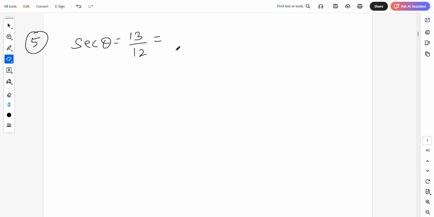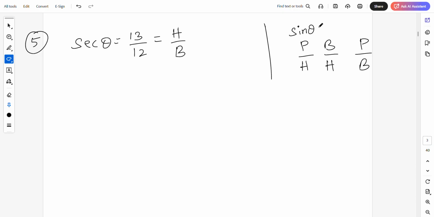What is cos? Cos theta is nothing but base by hypotenuse. Therefore, this will be hypotenuse by base. Please kindly remember this one. I will write here once again for you. Perpendicular, base, hypotenuse: P, B, H. This is sin theta, this is cos theta, this is tan theta. Now if I write denominator by numerator, this will be cosecant theta. The reciprocal of cos is secant theta. And the reciprocal of tan is